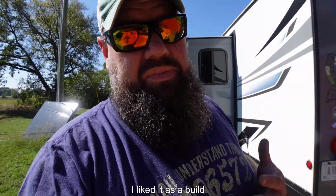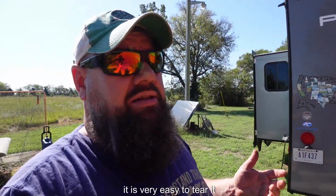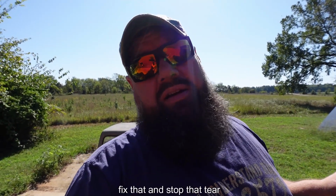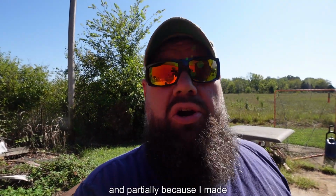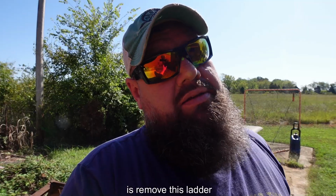I like the use of aluminum. I liked it as a build, but I do not like the fact that it is very easy to tear it. Once you get a hole in it, it continues to tear. And there's only a few ways to fix that and stop that tear. One thing I did, and partially because I made a screw up, is